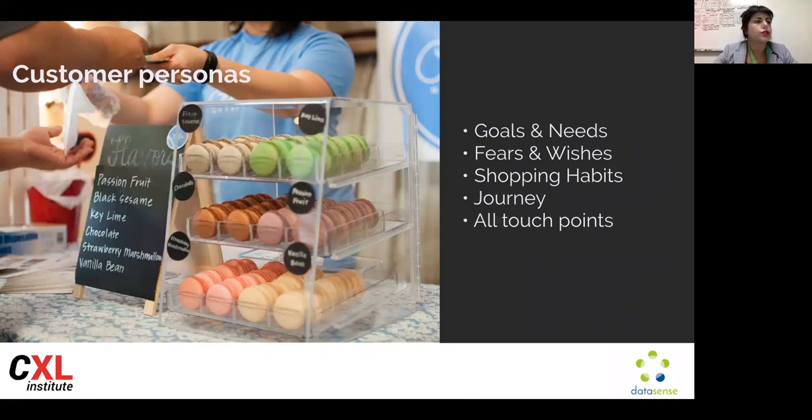And the journey should include all touch points. And some of these touch points will be digital. Some of these touch points will be non-digital, right? Such as the experience in a store, for example. And so, again, you kind of need to embrace with this type of persona more like a bird's eye view and include information that kind of looks at the big picture, right? Including customer service, for example, customer calls, right?